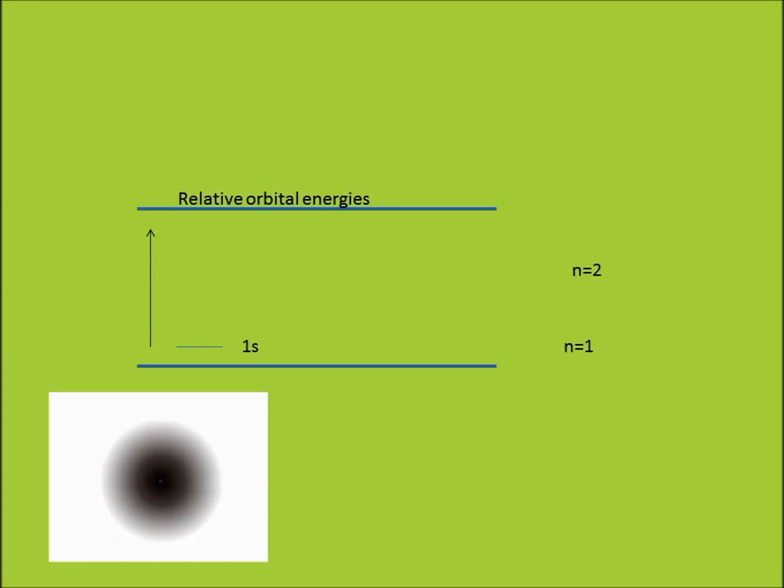The second shell is the n equals 2 shell, and it can hold 8 electrons. 2 electrons in the 2s orbital, which is slightly higher in energy than a 1s orbital, as well as 3 p orbitals, each of which can hold 2 electrons. The p orbital consists of 2 lobes,